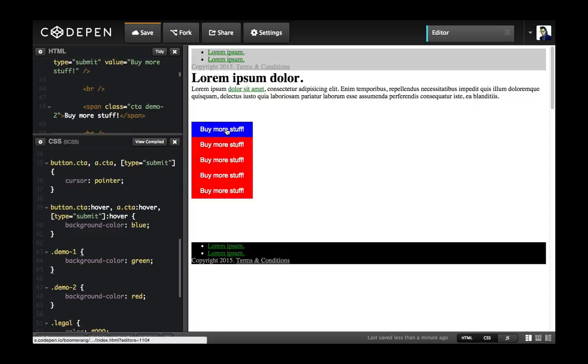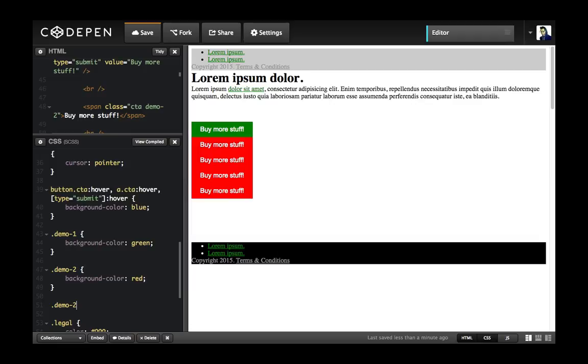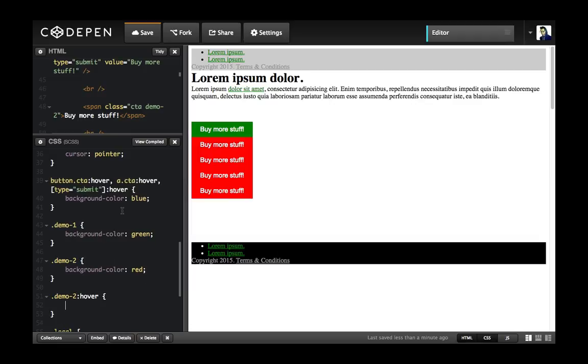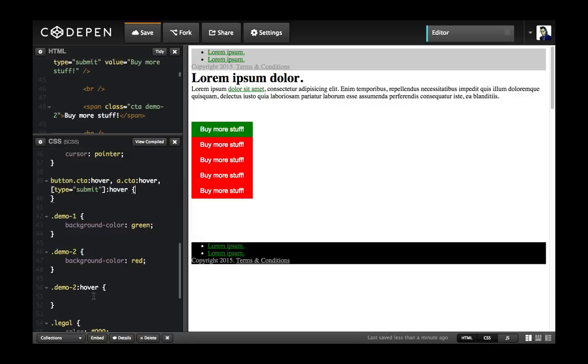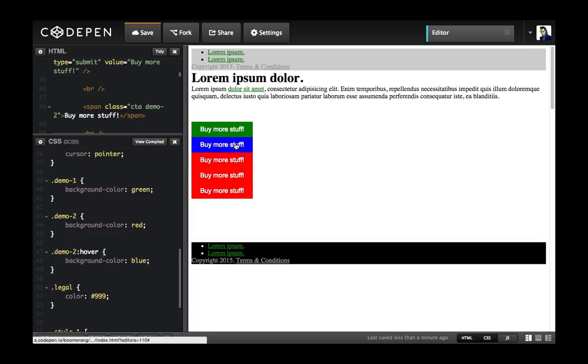What's interesting about this is I want all my hover states also to be blue. And I've just done that because I've applied it to the CTA guy. But if I wanted this guy to be maybe red on the hover state as opposed to green, what I would then have to do is, now instead of these hover states being applied to all these, I would have to apply it to demo 2, hover, blue,